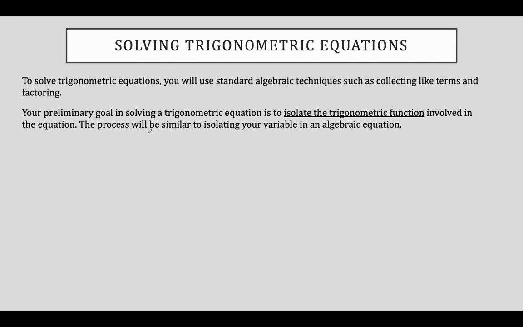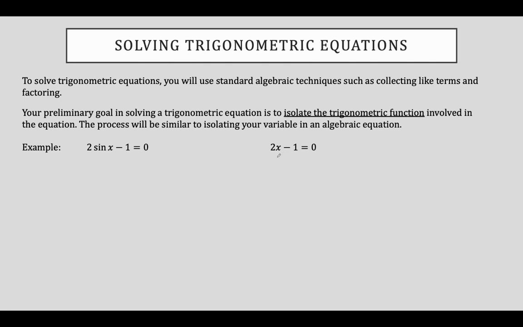The process will be similar to isolating your variable in an algebraic equation. So for example, here is a trigonometric equation: 2 sine x minus 1 is equal to 0. The variable that we are trying to solve for, x, is located inside of the trig function sine. Now, there is a related algebraic equation, 2x minus 1 equals 0. Notice that the only difference between these two equations is that the trig equation has a sine x as opposed